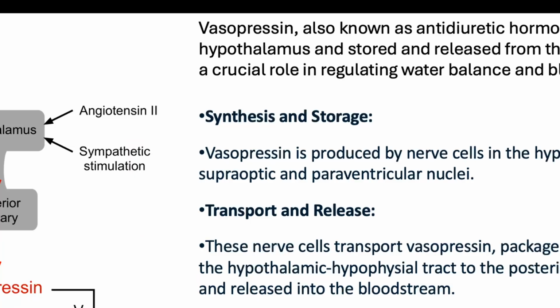And what is its function? Water balance. Vasopressin primarily regulates water balance by increasing water reabsorption in the kidneys. So the kidneys will perform fluid reabsorption, leading to increased blood volume because now there is less water loss, leading to concentrated urine and reduced urine volume. On the other hand, it also leads to constriction of blood vessels to increase blood pressure. Vasopressin acts as a potent vasoconstrictor, meaning it constricts blood vessels, which can raise the blood pressure, increasing systemic vascular resistance.